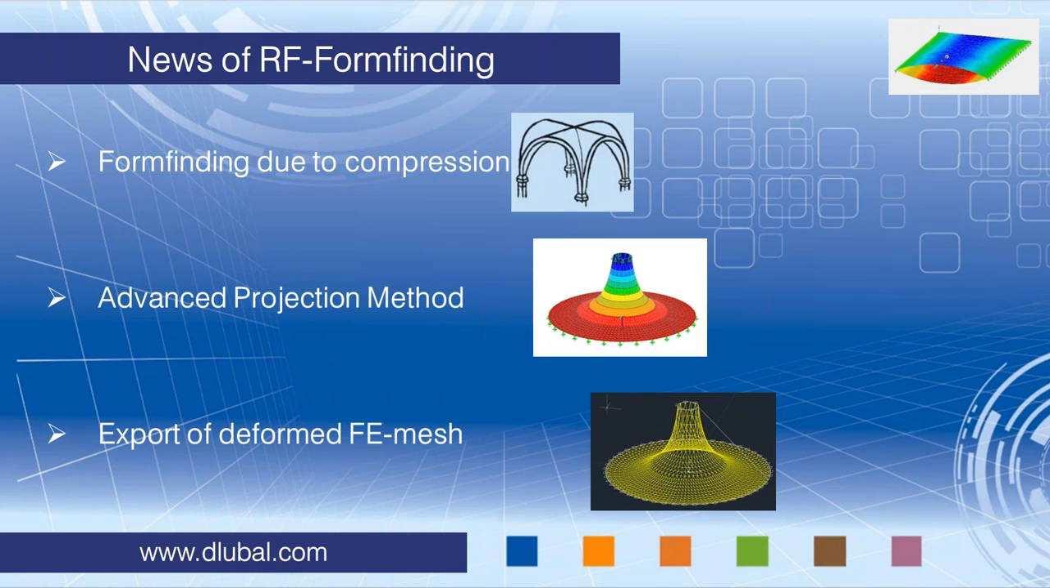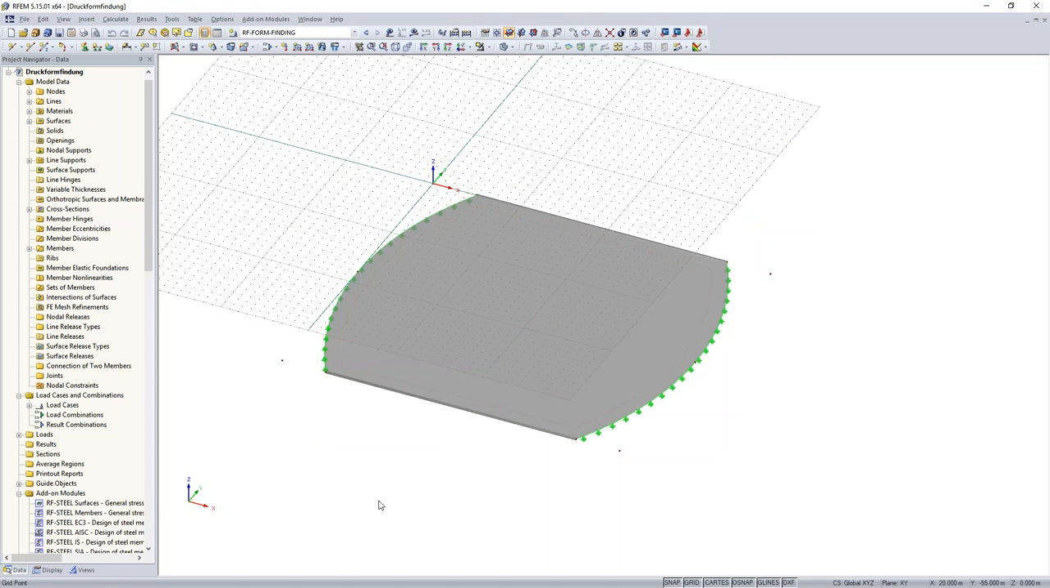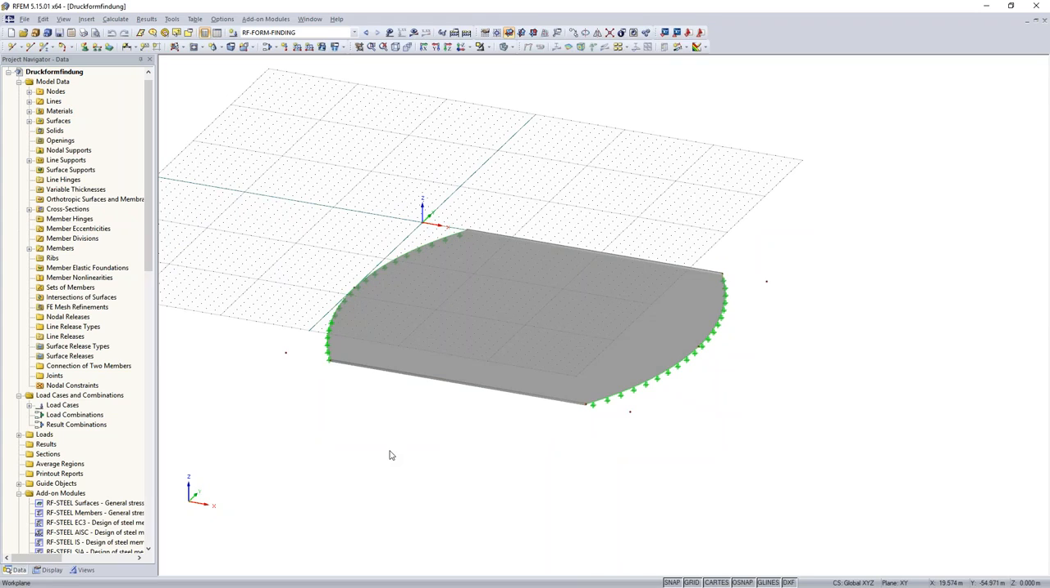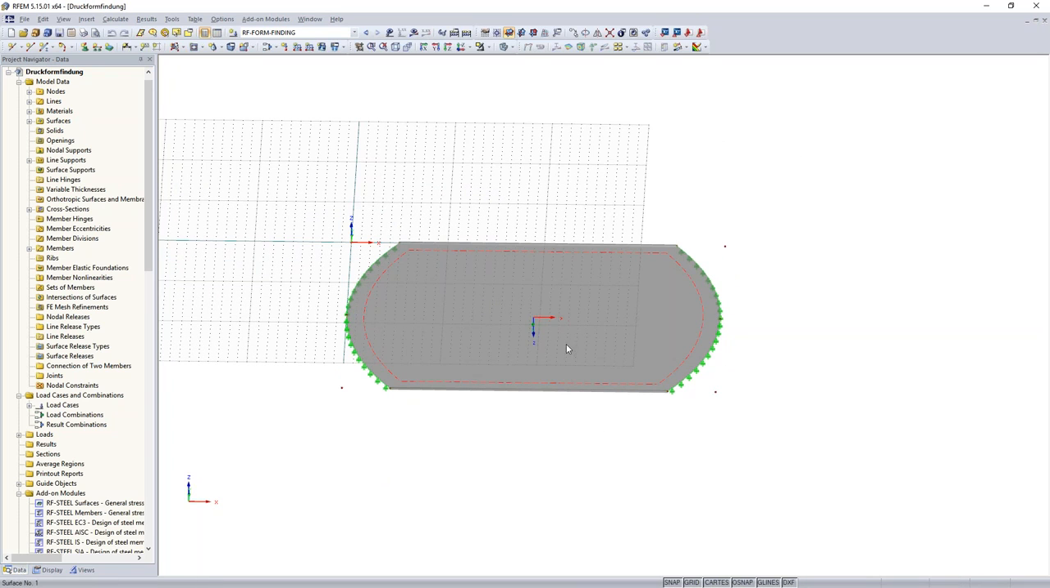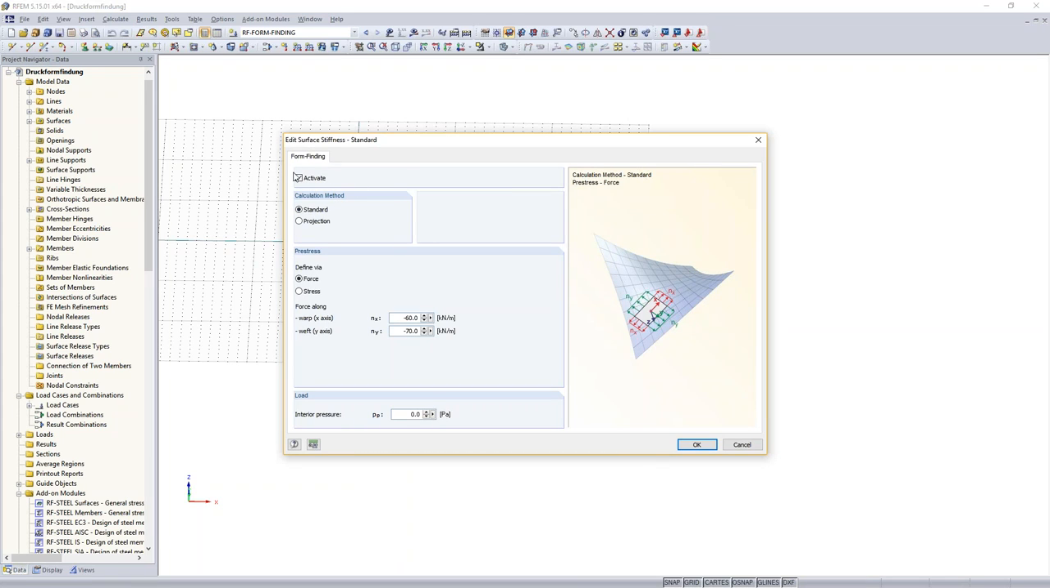For this, I jump into RFEM, and you see this is a typical initial model for such a compression loaded form finding input. This should finally represent a bridge. For finding this bridge shape, you define a flat concrete slab. You see it's a concrete slab. If I open the properties, we have a thickness, we have a material, and in the background we have some form finding